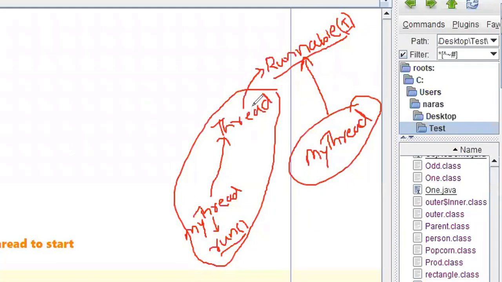Once a thread implements runnable, it will be giving a definition for the run method, right? So what definition was given for the run method in the thread class? Null definition, nothing was written. It was just a run method and no description was written, right? So that is the reason why we were getting a blank output. We didn't get any error saying that run has not been defined, right?